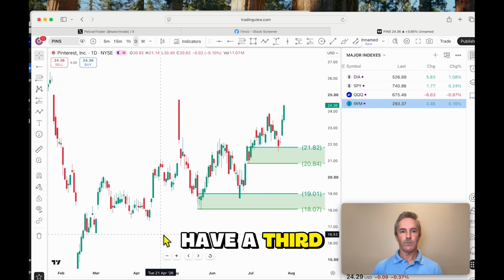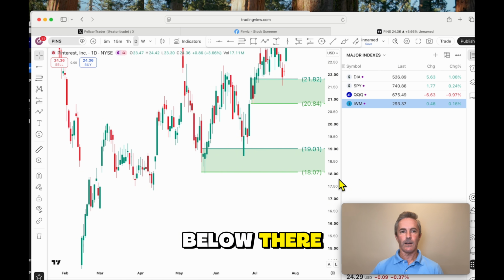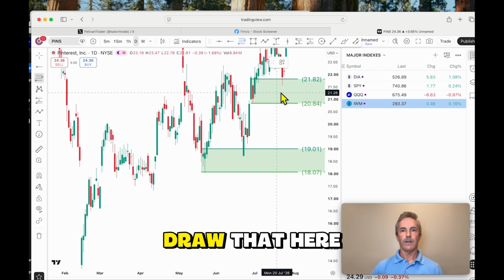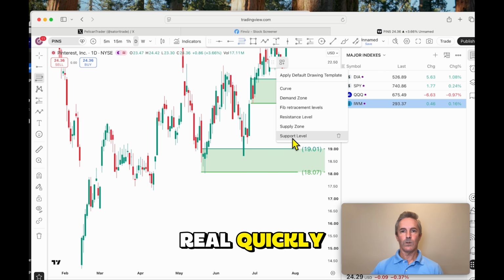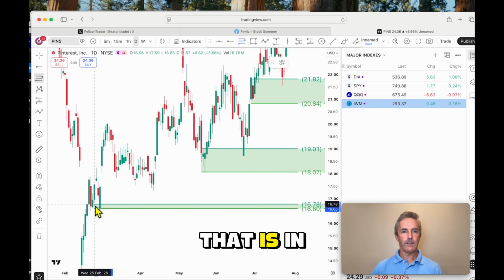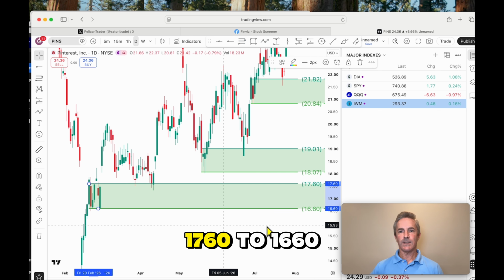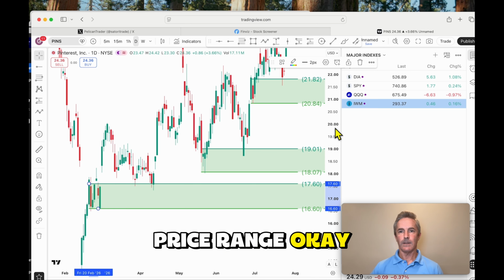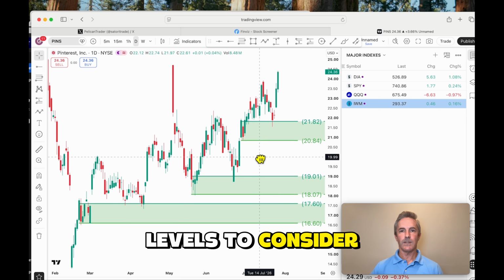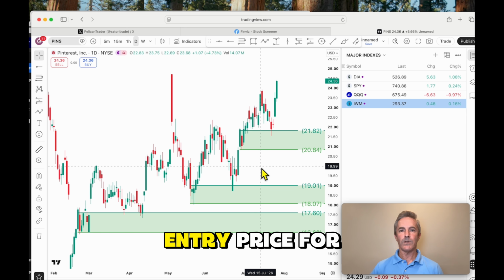And then we have a third support level just a little bit below there. Draw that here real quickly. That is in the 1760 to 1660 price range. Okay, so three support levels to consider for either a quick trade or a lower entry price for a long-term